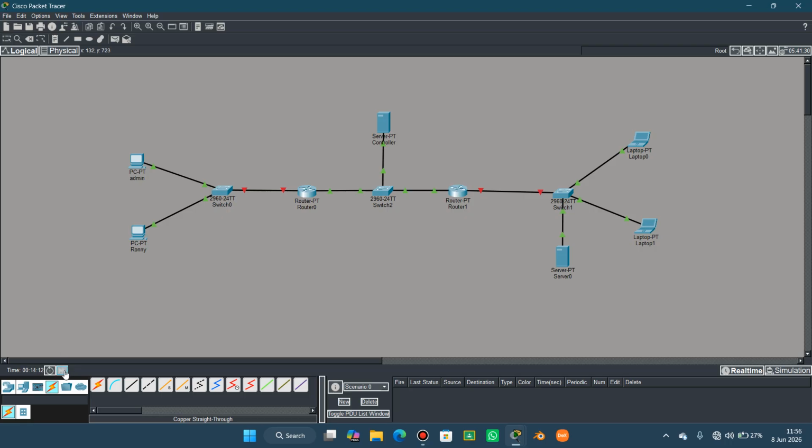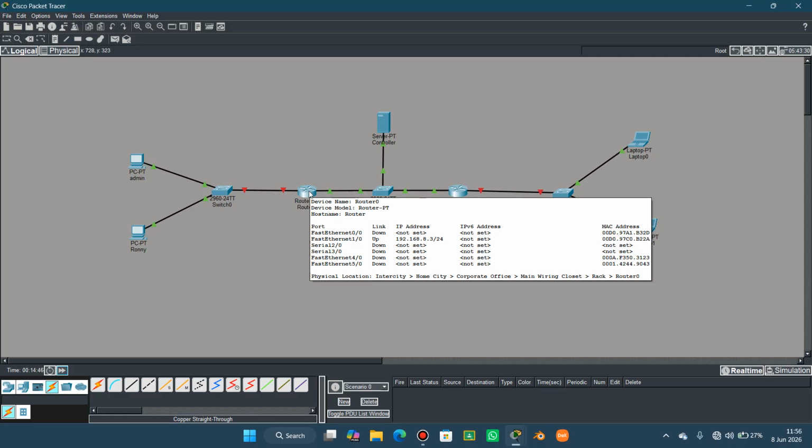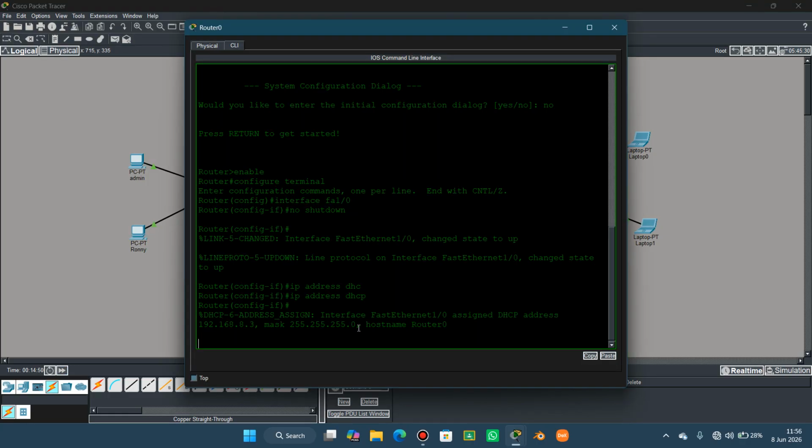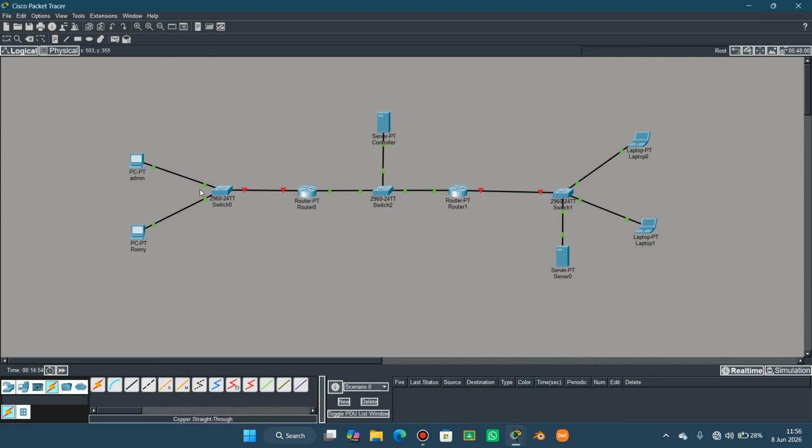Okay, fast forward the time here. Then should be settled now. Okay, you can see it has been assigned an IP address. So this one has been given an IP address which is 3. Okay, great. So therefore, this network, give it to use this IP address here,